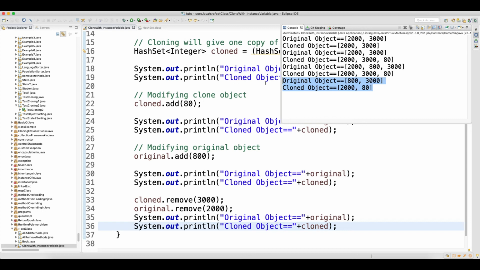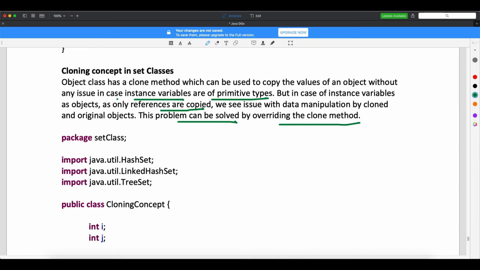So what is happening here is that when you store only instance variables or primitive types, the value of the object can be copied without any issue.